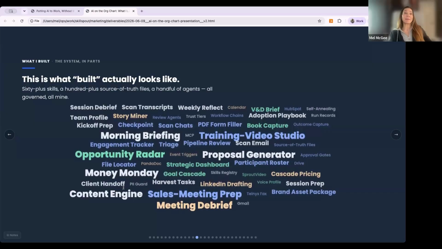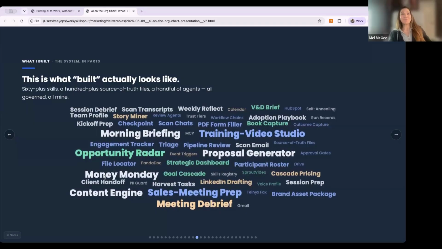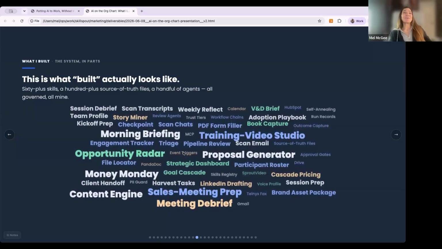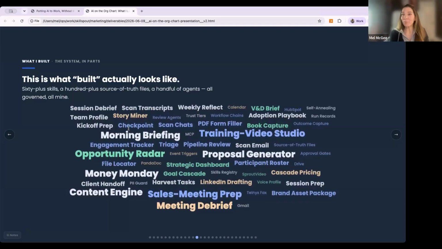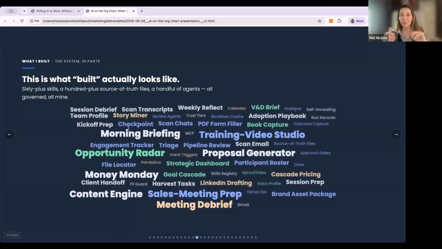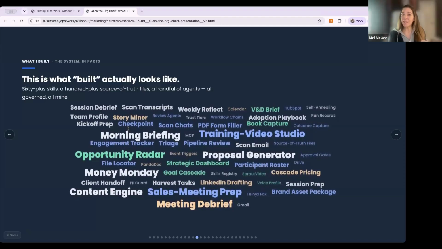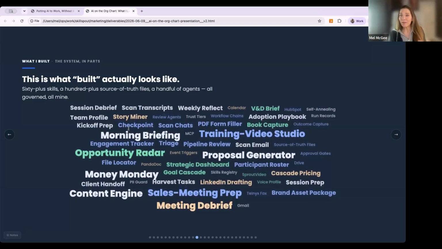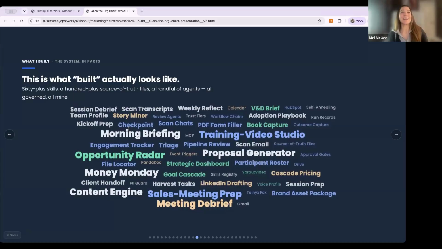LinkedIn drafting, client handoff. I have a Money Monday, followed by Taco Tuesday, morning briefings, kickoff prep, a story miner. When I'm working in my system, it's asking me how I'm doing. If I think of something novel, it will bring it to my attention.